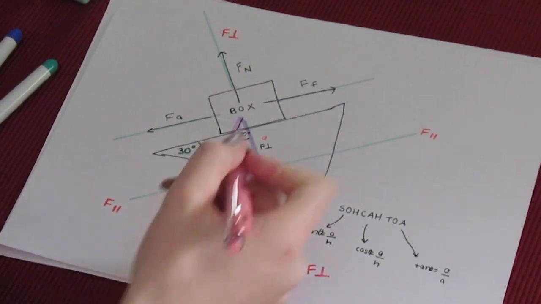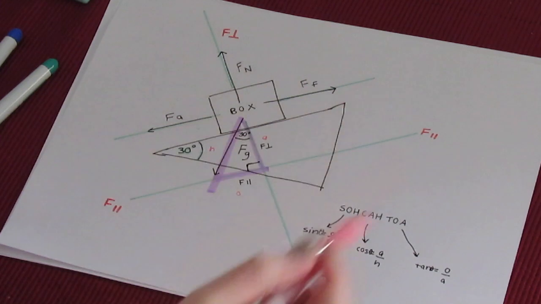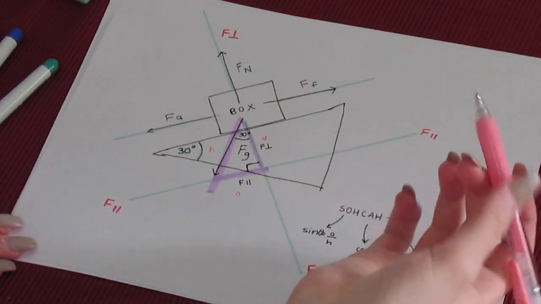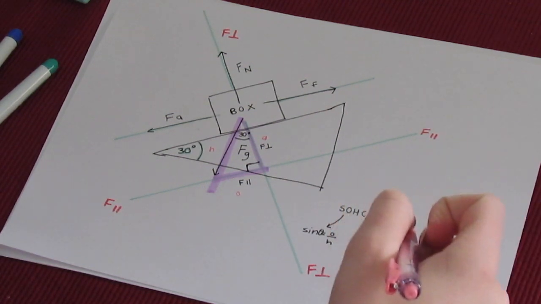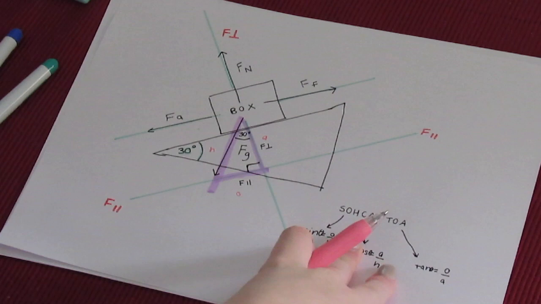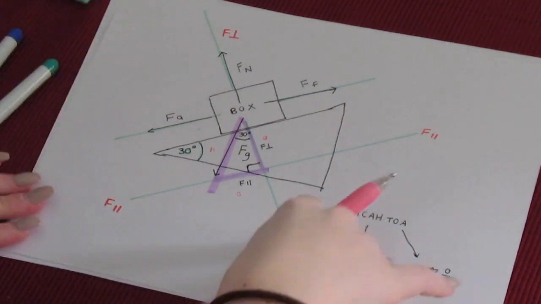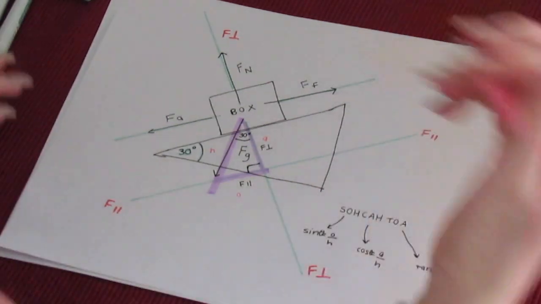So by using your triangle, you can do it this long way. You could do it the long way to figure out your equations, or you can just memorize the equations. I like to memorize them because they're a lot easier, but using the triangle is a lot more helpful because you're able to visualize what you're doing. But in simpler terms,